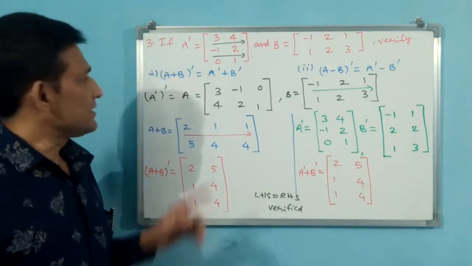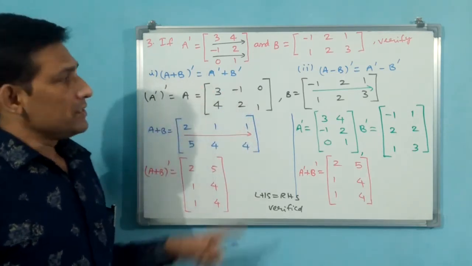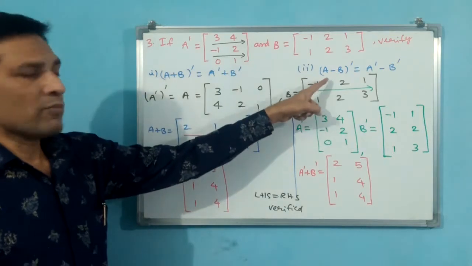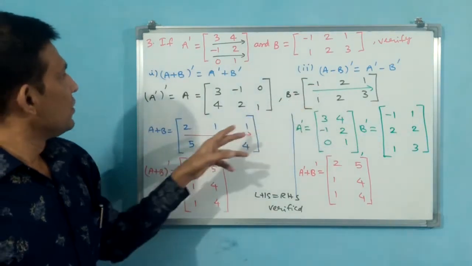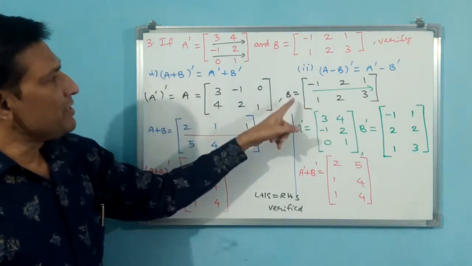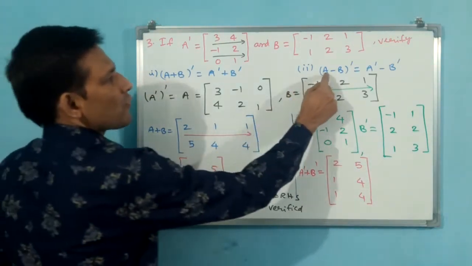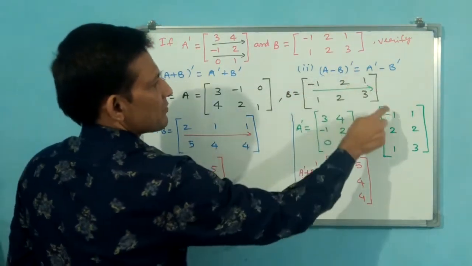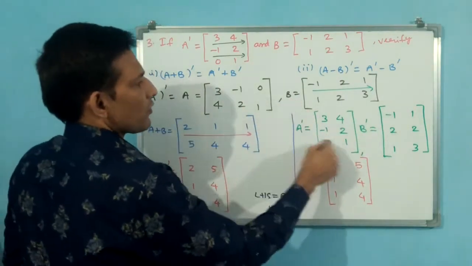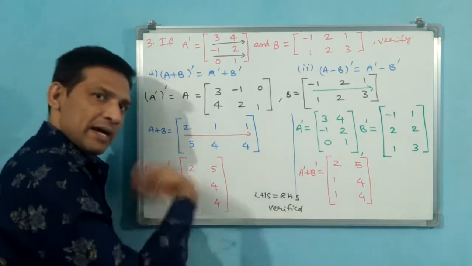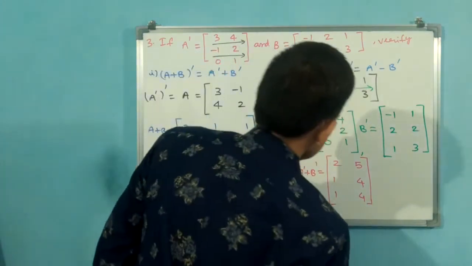What is this? This is the first part. Second part also you have to do. See, data for A and B are both same. That is what you have to do. See, A, B, A transpose, B transpose you should not disturb. But because again you are going to use A, B, A transpose, B transpose here. Okay. These four you should not disturb. Only these three, 1, 2, 3. These three you have to rub and do again. Okay. Let us do it.